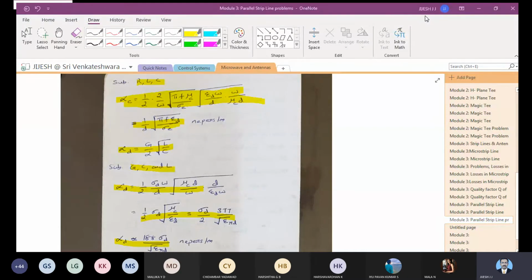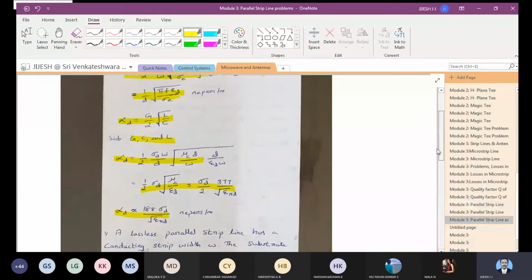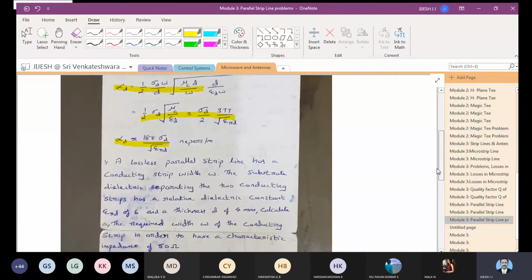So all of you completed. I think all of you might have completed. We'll now solve the problem based on all these equations. So you can note down this problem. A lossless parallel strip line has conducting strip of width W. The substrate dielectric separating the two conducting strips has a relative dielectric constant epsilon RD of 6. So epsilon RD is given as 6. Strip width is W, and the thickness D